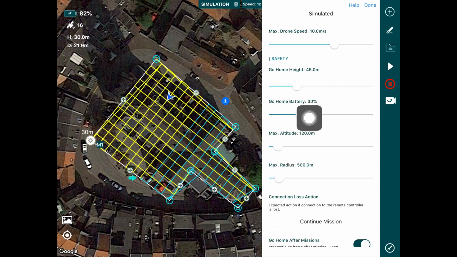We've also got the go home battery percentage, so that's basically the battery percentage at which the drone will automatically trigger a go home sequence. And a go home sequence is essentially go to the go home height and then fly home in a straight line and then start landing. So it involves those 3 steps, and if you've got 30% battery set up and 45 meters set up for